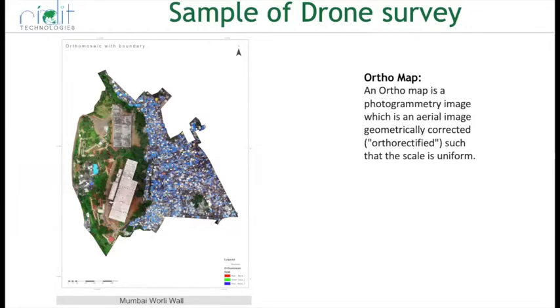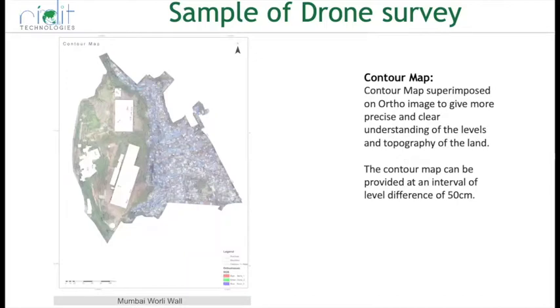An ortho map is nothing but a stitched image of the entire area, which is corrected for all distortions. These are scaled maps, so one can actually do measurements using this map as well. Now moving to the second part, once we identify the contour, we can superimpose the contour on the ortho map, and hence a better assessment of the area can be done when we use this hybrid map.